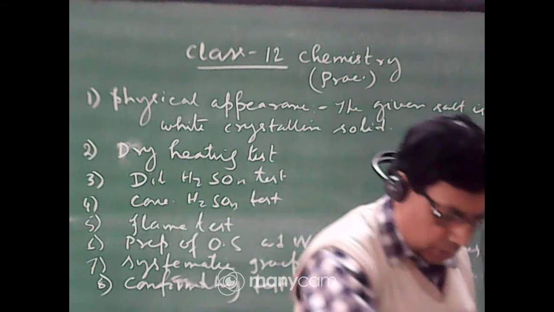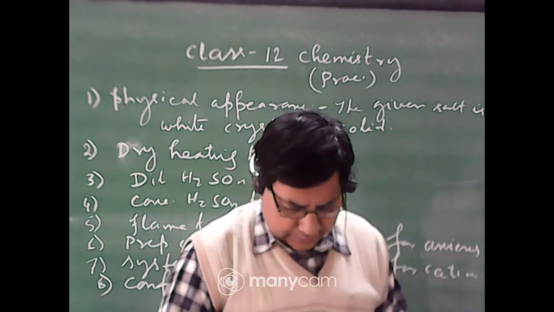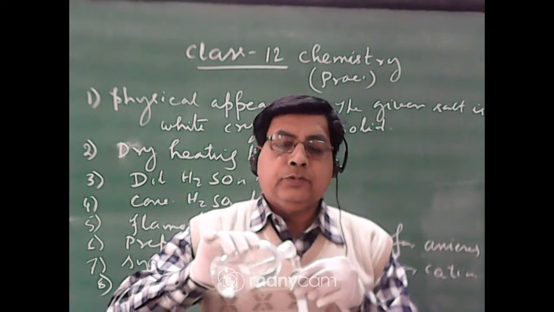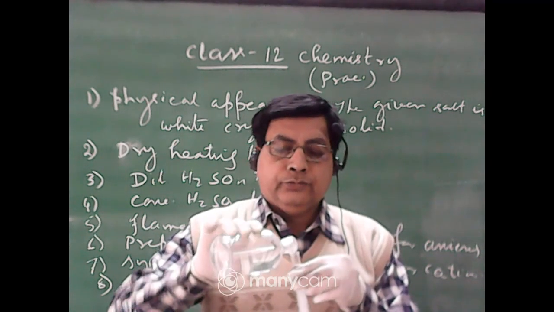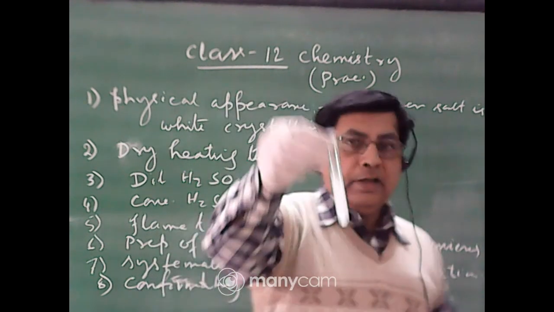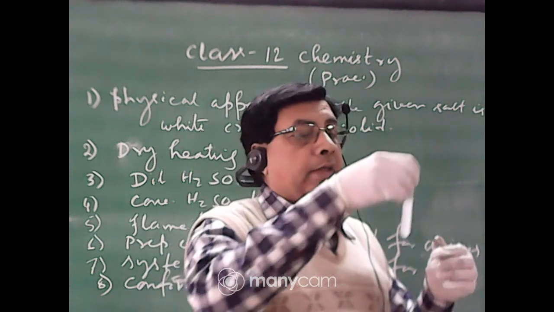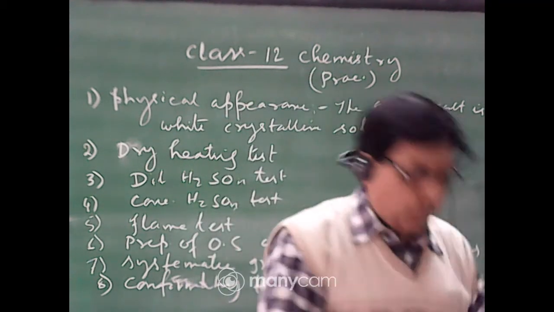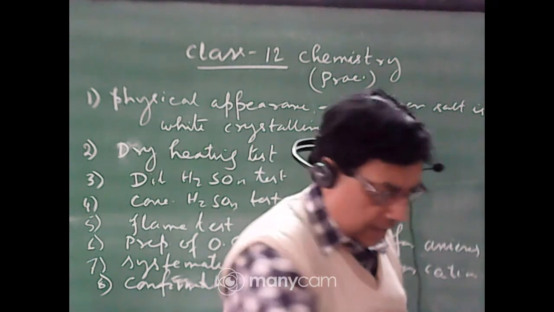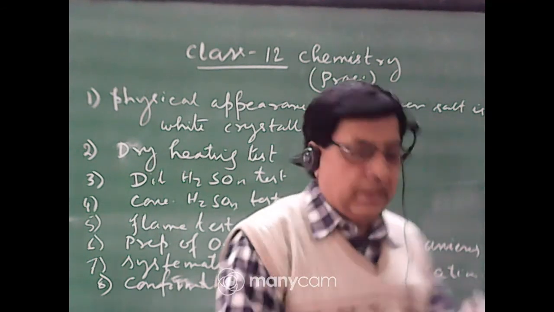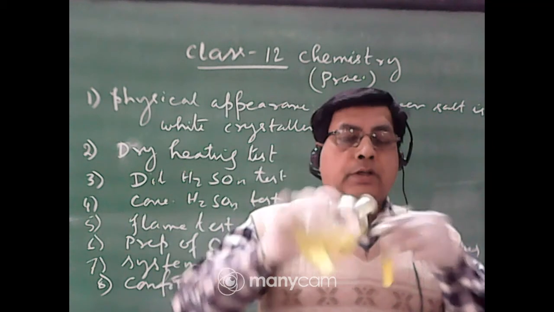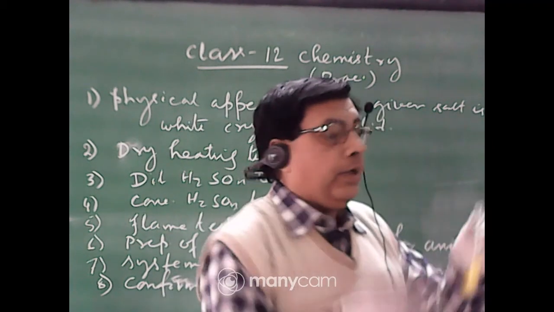Now you dissolve this precipitate in dilute acetic acid. See, a clear solution is obtained. Now divide into two parts. To the first part, what is the test for barium? You add potassium chromate, and you observe a precipitate is formed.